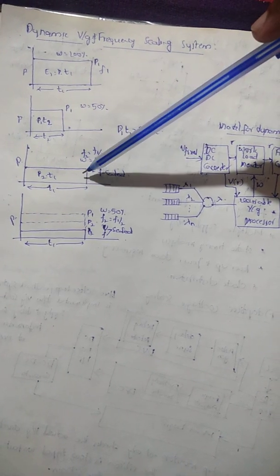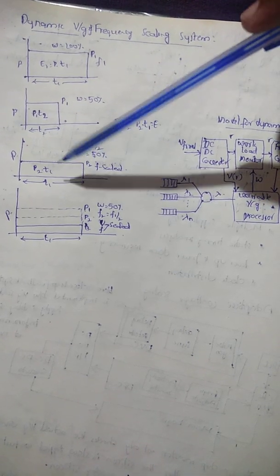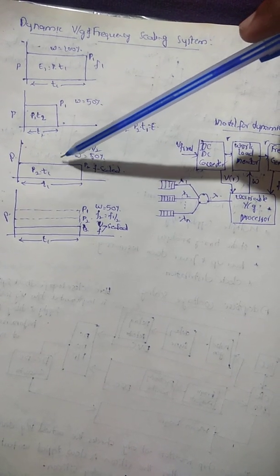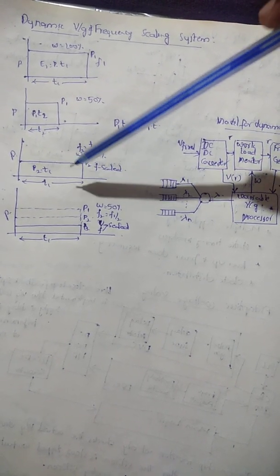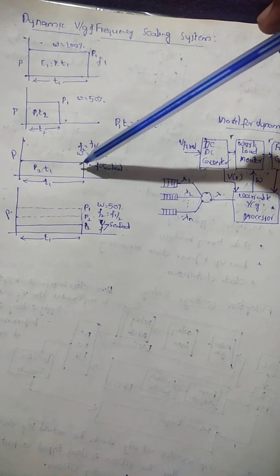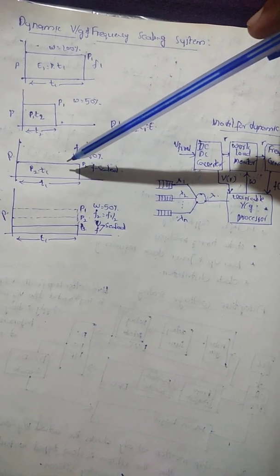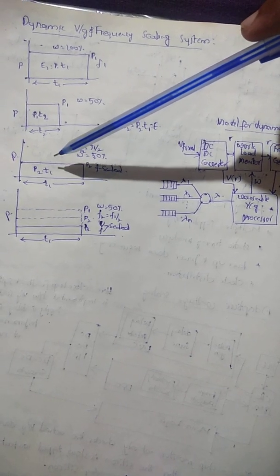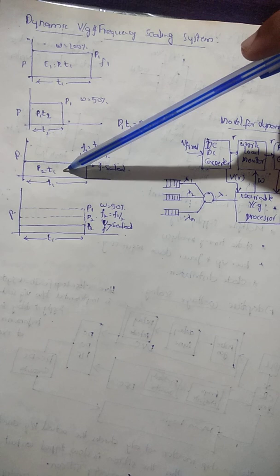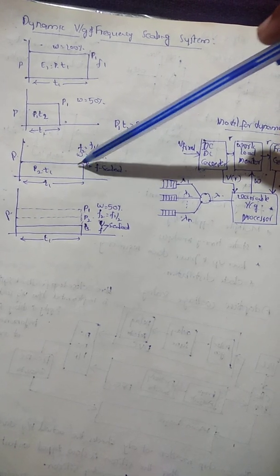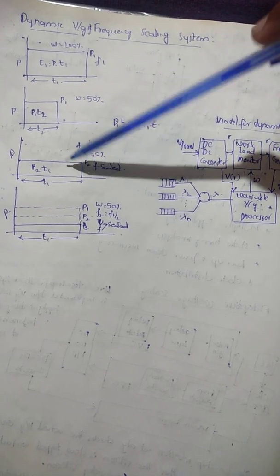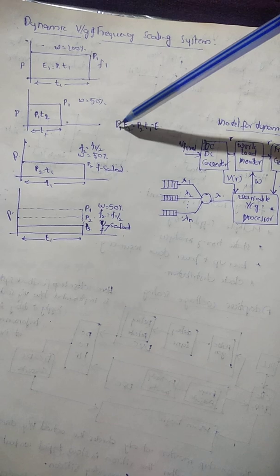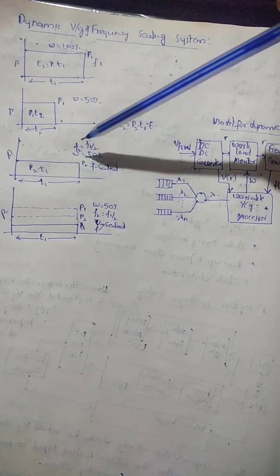Now we will see the next case. Here we will go for a wiser technique, which is the use of frequency scaling. Okay, we are going to reduce the frequency by half, so the computation time will become double, and it will continue up to the time T1. In this case the power dissipation is half, hence the energy drawn is the same as above.